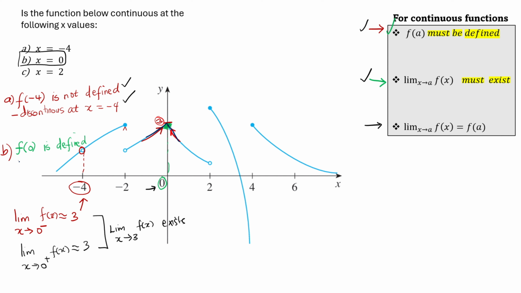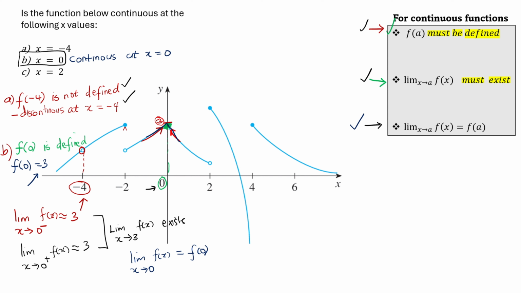So you can just say the function value, which is the y value at 0, is 3. And if you compare here, the y value of 3 and the limit, they are equal. So you can say the third condition is fulfilled, and you can say now the limit as x approaches 0 is equal to what? It is equal to the y value when x is equal to 0. So basically, you compare the value that you are approaching, which is your limit, to the actual y value, and they're equal. So you can say that the function is continuous at x equals 0.